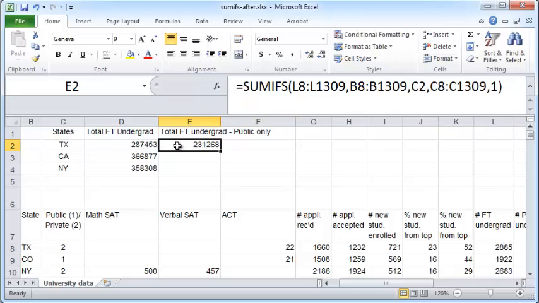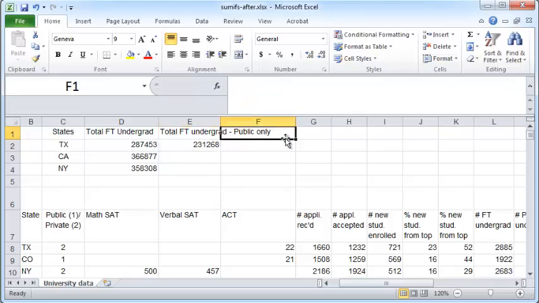So now you have the total number of students enrolled in the state of Texas that are in public universities. As you can see, the number is 231,268 students, as opposed to the total full-time undergraduate enrollment in the state of Texas, which is 287,453 students. So just to ensure that we have gotten this correct, we're going to say, okay, total